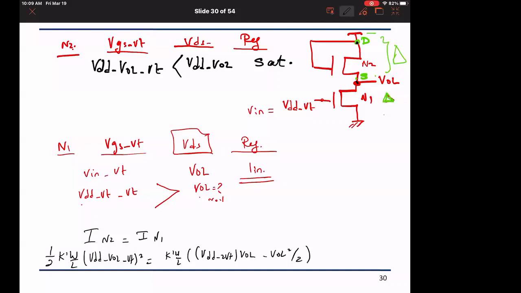طبعا هيدا if I'm ignoring the other parameter, يعني 1 plus lambda effect, okay? This is the gist of it. Now, if I set Vin equal V out equal Vm, then this will be in saturation, and the top one N1 become saturation, N2 become saturation, and we can solve for the switching node. Okay? حدا عنده سؤال على solving for VOL؟